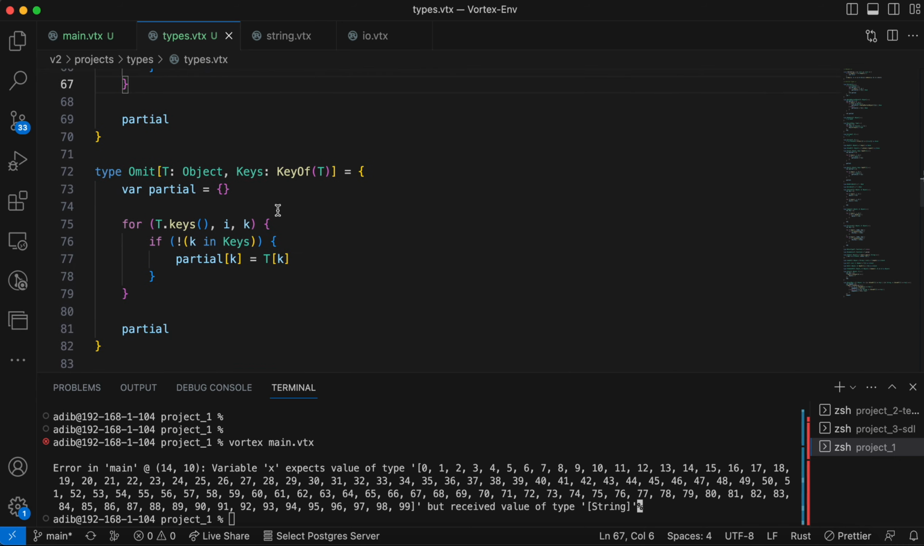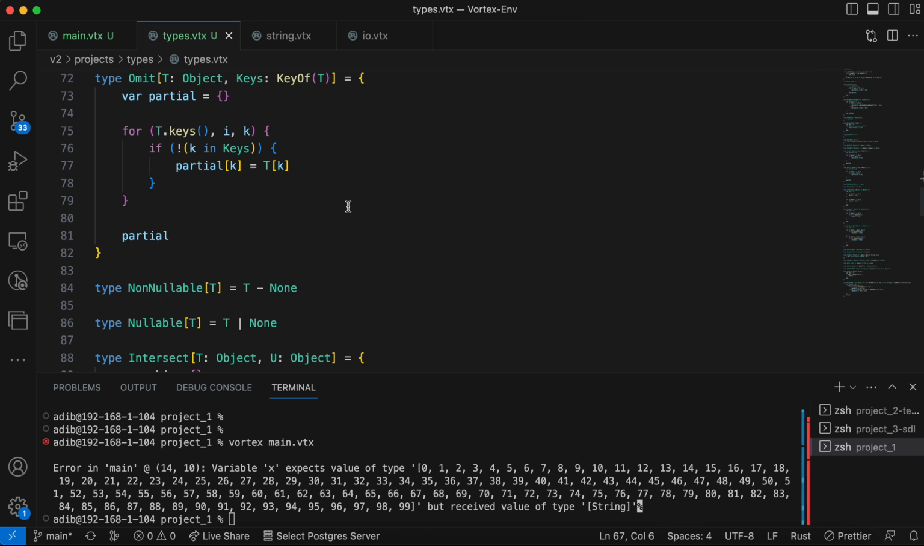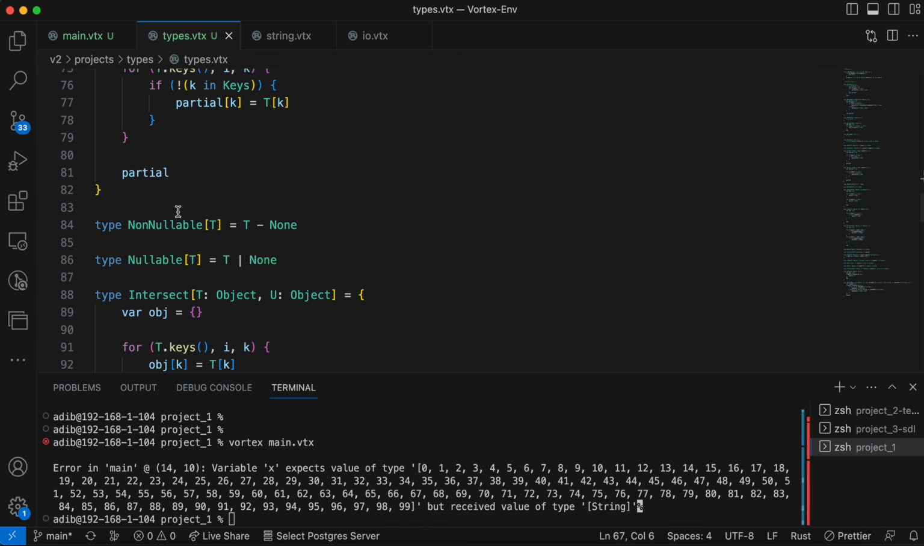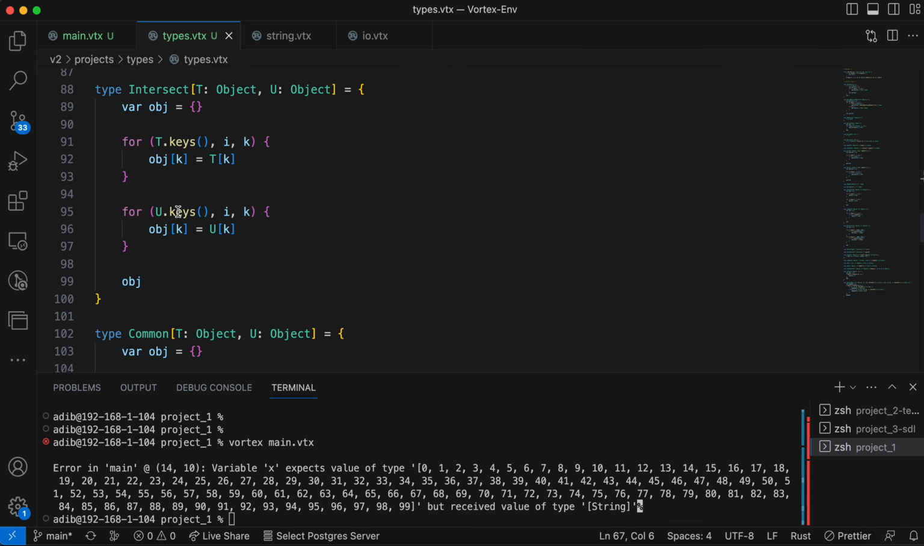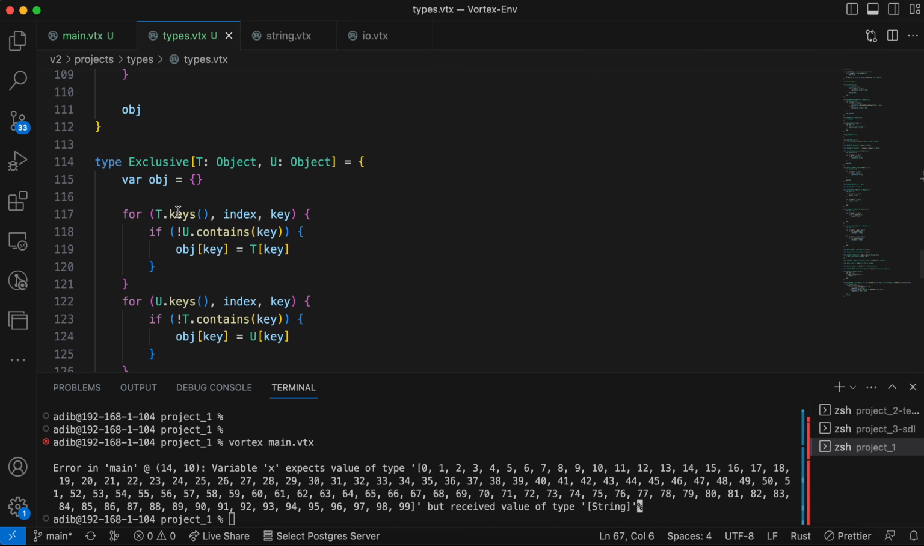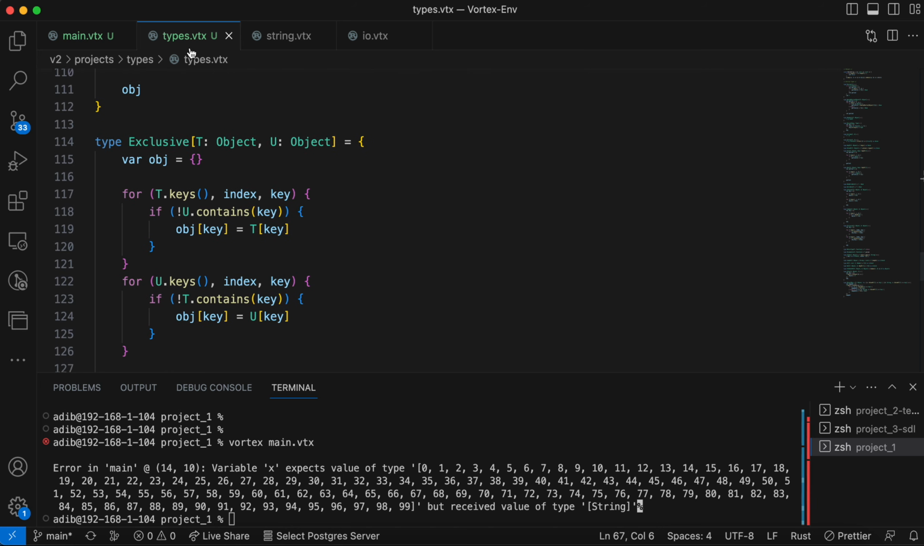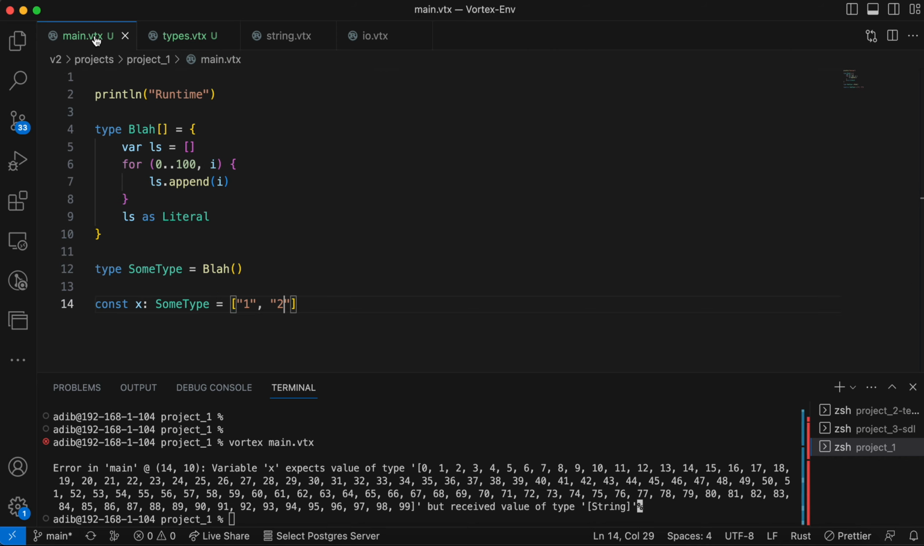So another one would be omit, which basically omits specific keys from the object. Create nullable, non-nullable, intersection types, common types, exclusive, etc. But I just wanted to touch on that and explain why I've chosen to implement it this way and how it can be powerful. One other thing I did want to touch on is I could actually call external libraries